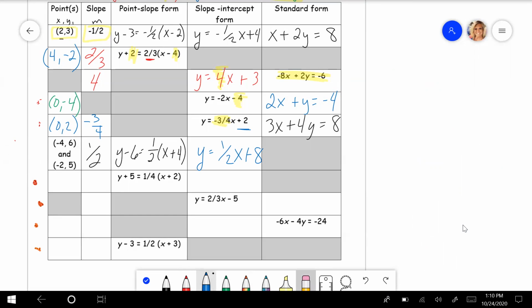So on the next one, it gives us our problem in point slope. So that makes it a little bit easier to be able to get the point and the slope. So right here is the slope, the 1/4. That's what you should have written here. Now I want you to remember that the formula says,